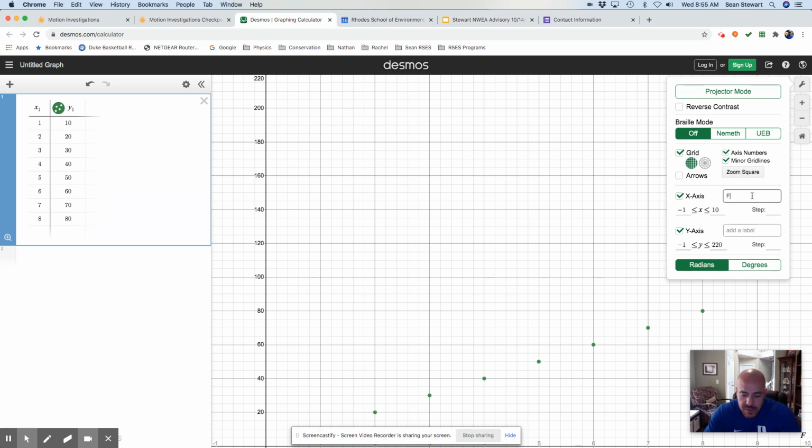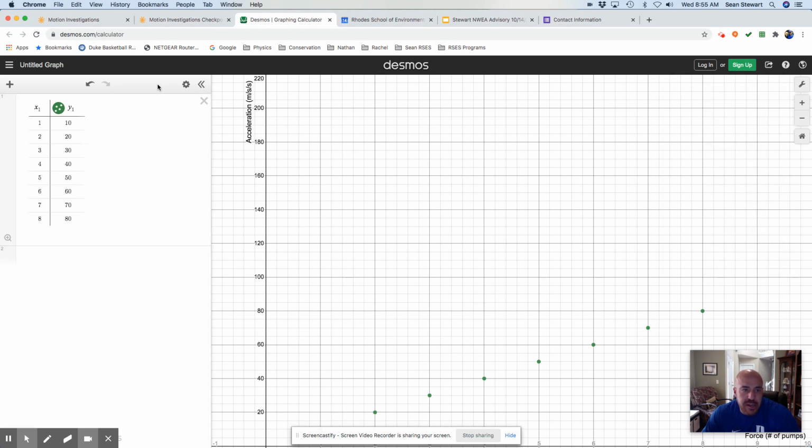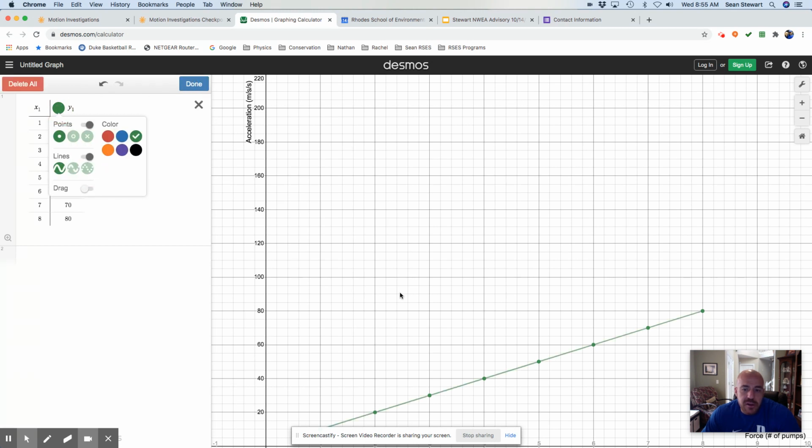And again, we're here, so we might as well put our labels. For x-axis, we said it was force, and that was, in this lab, number of pumps. And our y-axis was acceleration. This time it was meters per second per second. So you can copy that and that. And then our graph is looking good, except it's not connecting the dots. So I'm going to click on this gear to hit Edit List. Click on my green dot, drag on the line button, and now it's connected and I'm ready to download it